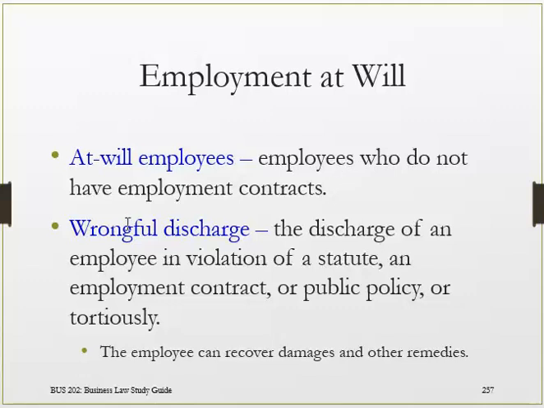fired. However, there are some times or some reasons that you are not allowed to fire somebody. And we'll discuss that more when we discuss discrimination, but there are discriminatory reasons you're not allowed to fire somebody. For example, you can't fire someone because they went and joined a labor union. You can't fire someone because they're a whistleblower. There are many rules that we'll briefly cover a little bit later on in the next lesson that are relevant to why an employee cannot be fired.